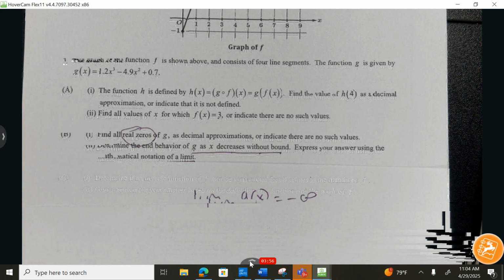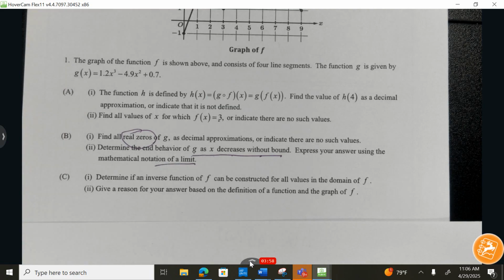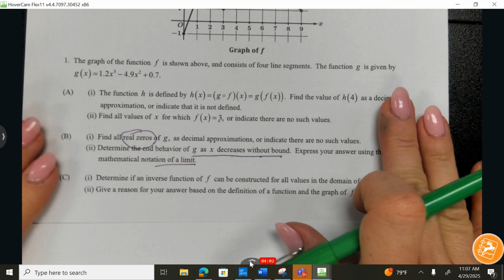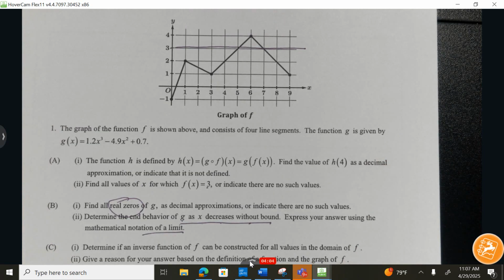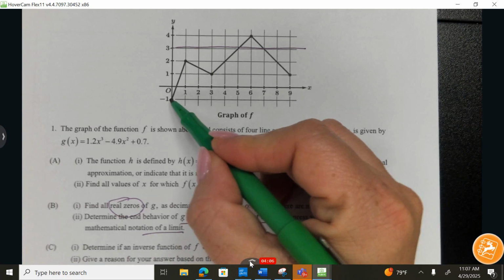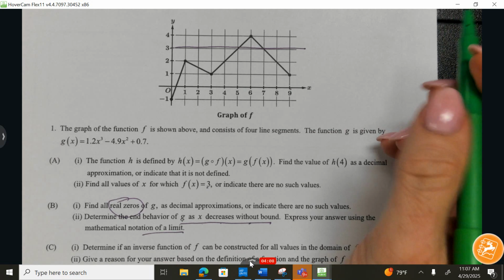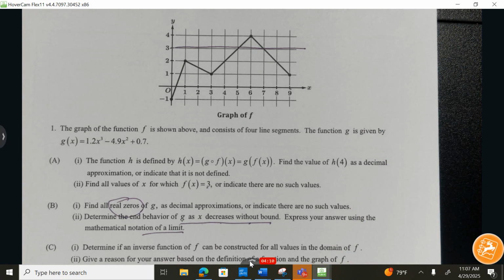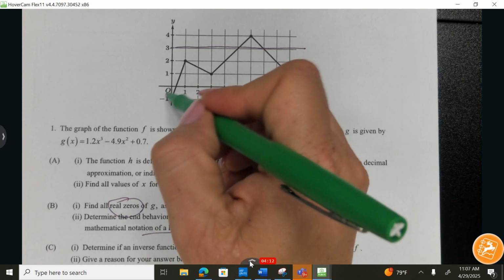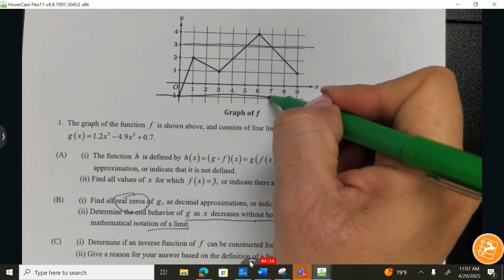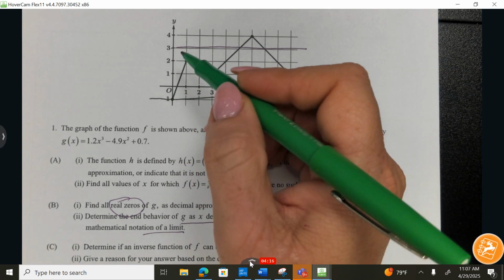All right, let's look at part C. Determining if the inverse of the function f can be constructed for all values. So we are looking right now, we have a domain from 0 to 9, and we're going to use the horizontal line test. So the horizontal line test says when you make a horizontal line, if it crosses a function,